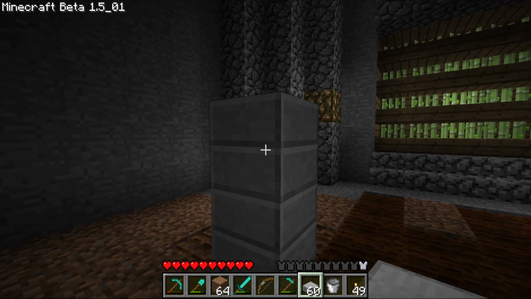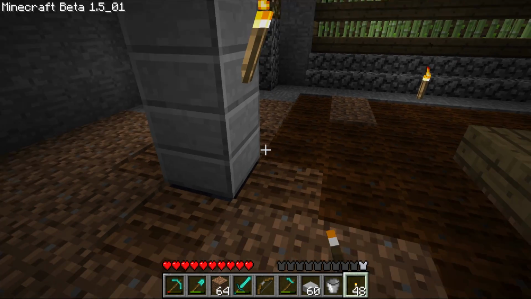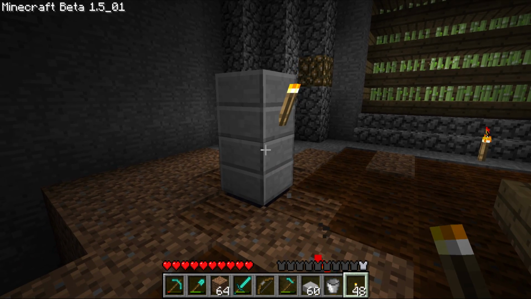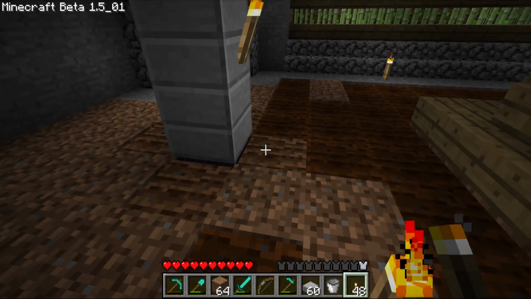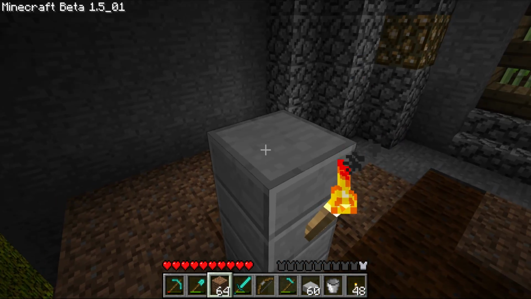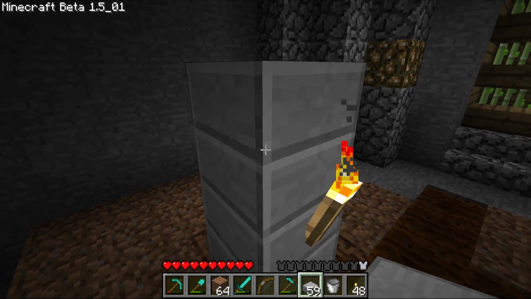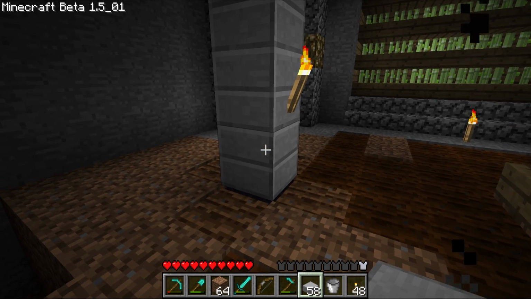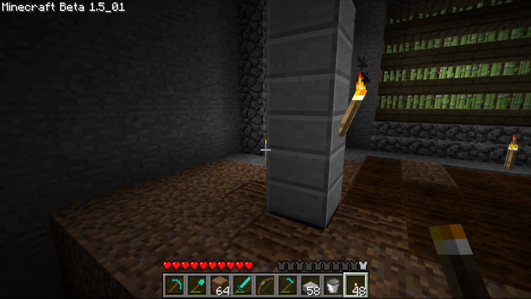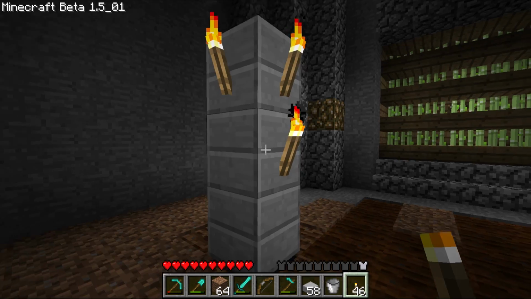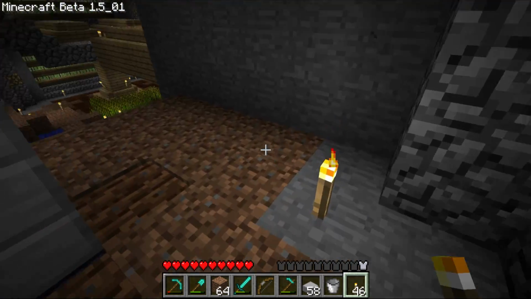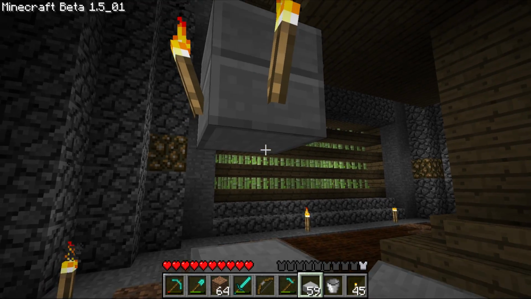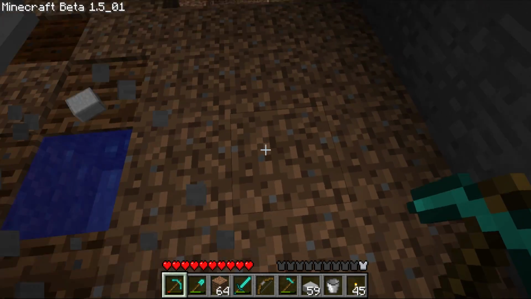I think what I want to do... If I put a torch there, will that prevent wheat from growing? Is it going to interpret it as there being a block directly above it because of that torch? I'm not sure. I think I will place one to test that. I seem to remember issues with that, particularly with pumpkins. But I think we're going to try to organize the torches just to have them in little clusters like that. And then I'm going to come back and break that and do this. And break that.